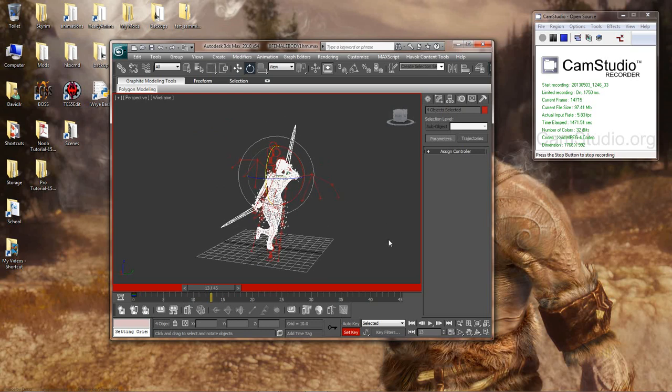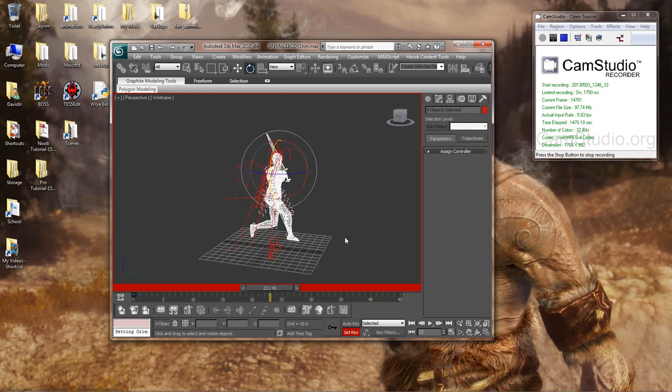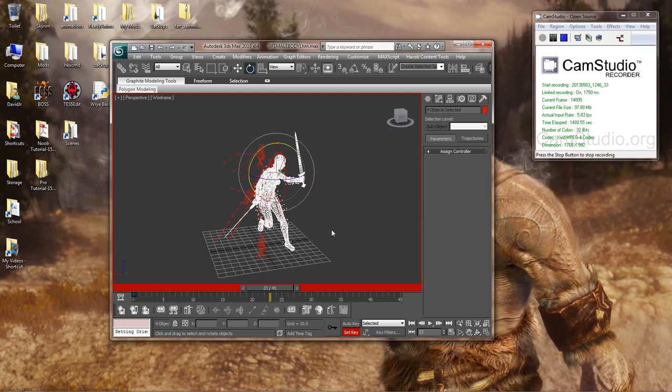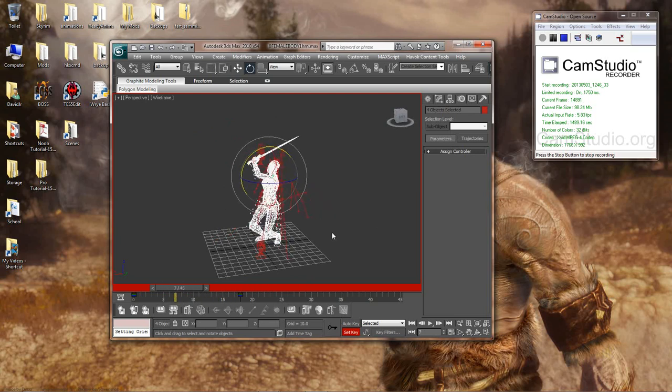Select those 4 items again. I want it to be a fast swing. So there's the attack. Let's say frame 23, that's where the hit lands. Alright, let's say about 5 frames, right about there. Key. Okay, so that means that it's locked in that position